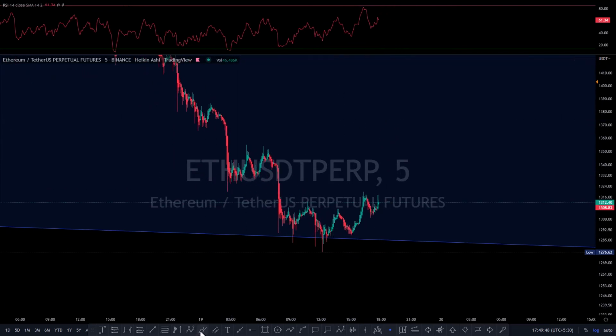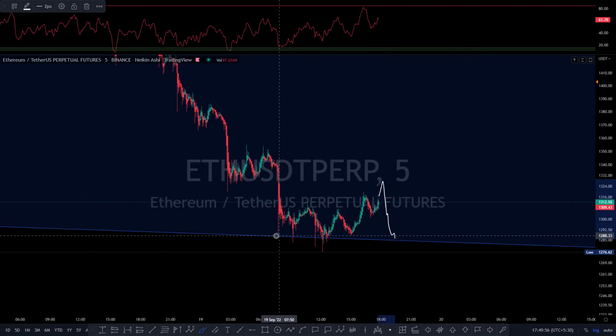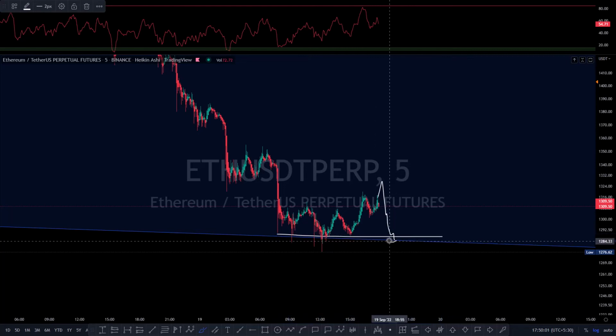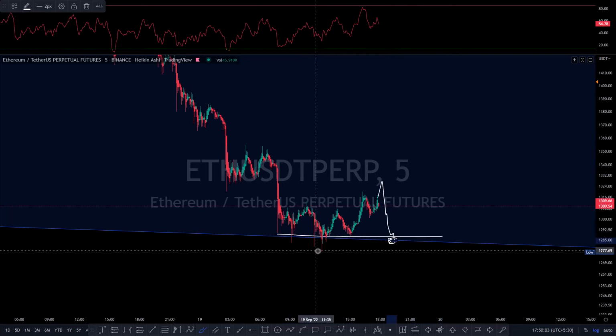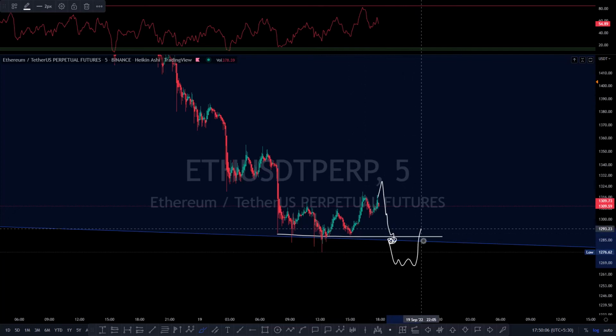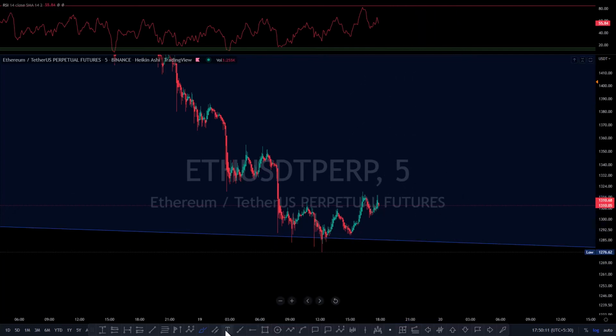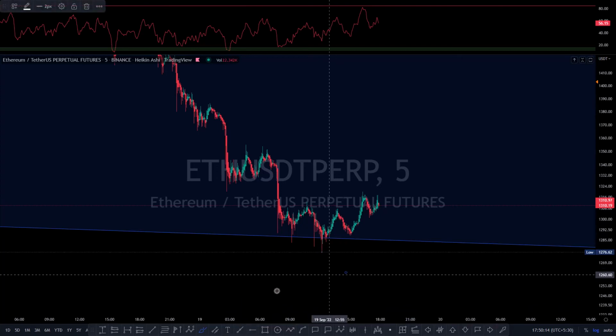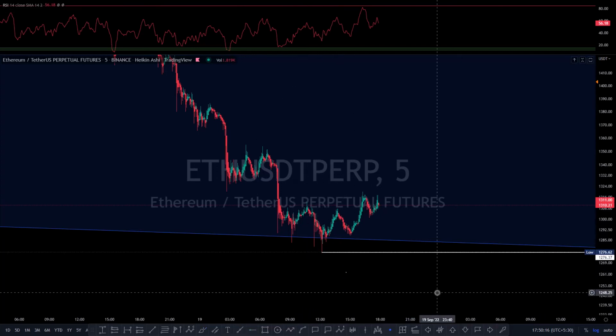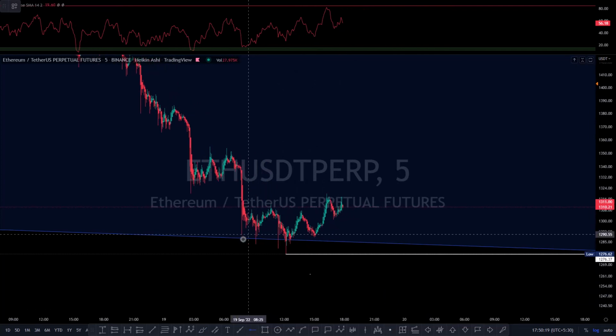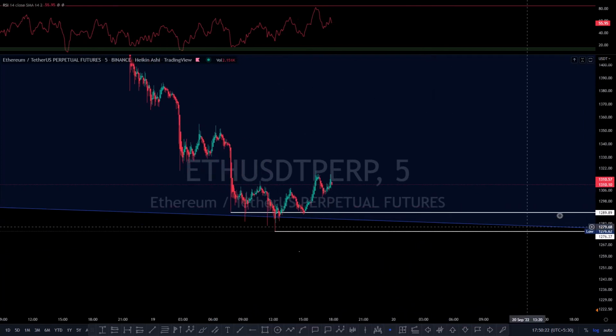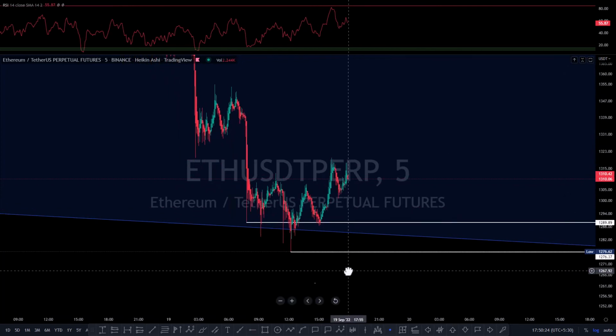Yeah, having said that, you can see that we are getting some bearish divergence, the initial bearish divergence over here. What I would like ETH to do is come back and test this zone over here first, 1287 zone, as this will be the test of the bottom channel. But the best will be for ETH to go and put in a lower low, come back and go up. Okay, so what I will do is, guys, I will mark my swing failure entry over here. So this I will mark and this I will mark. Okay, so these are the two zones where I will look to add more to my margin on ETH.